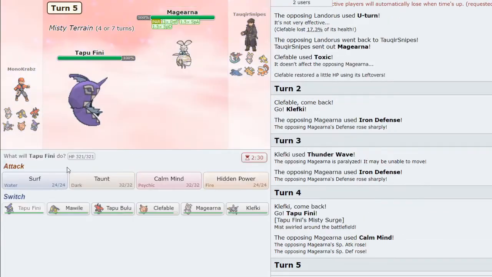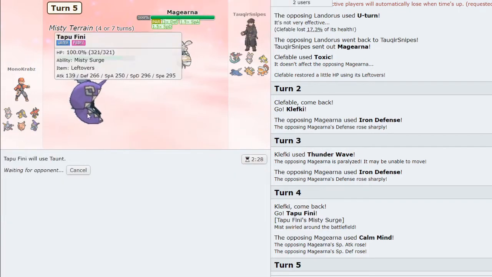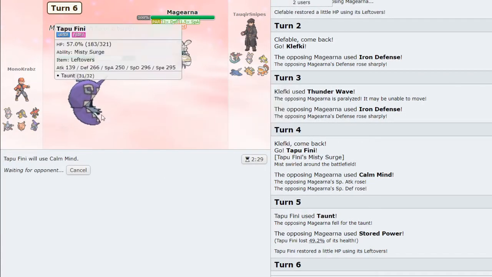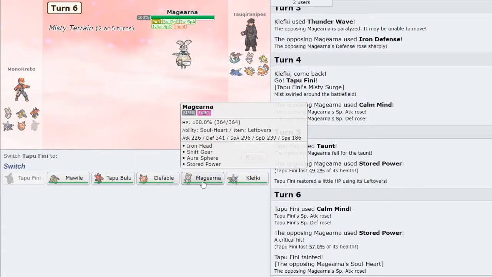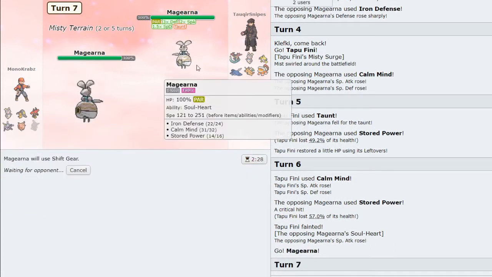I think Feeney's the play. And we're gonna Taunt here. And start getting my own Calm Minds up. Oof, that did a lot of damage. They ended up getting a crit, which is probably going to be the end of the game for me,